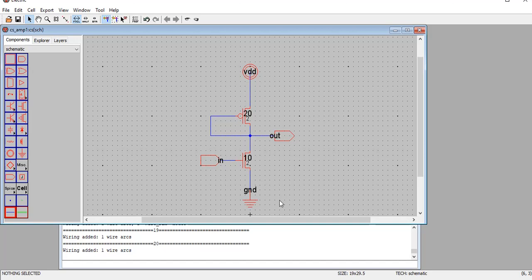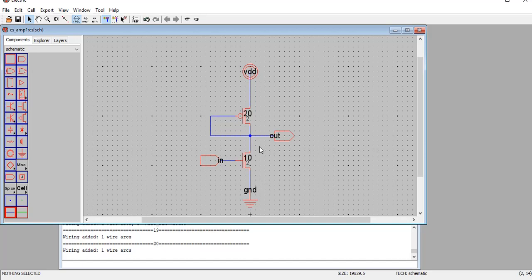The output is taken between the source and the drain, and the input is given between gate and source. Since the source is a common element between input and output, this structure is called a common source amplifier with diode connected load. Now why do we require a diode connected load? Why can't we use other loads? Of course we can use other loads as well, but I'll tell you the different kinds of loads available and what the result will be if I take different loads. All those things we are going to do.